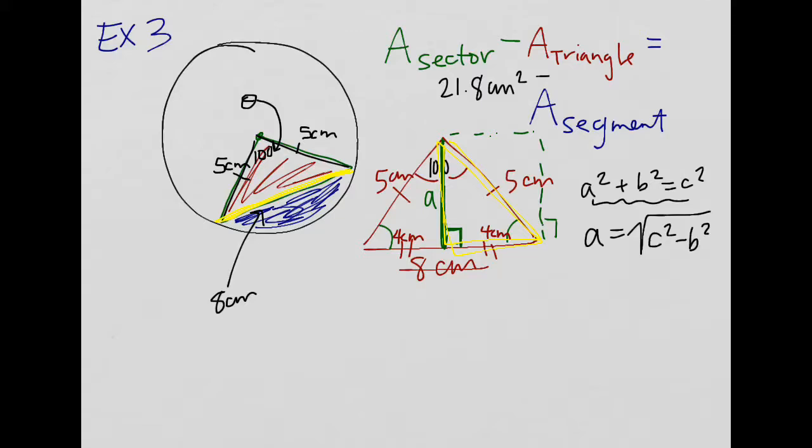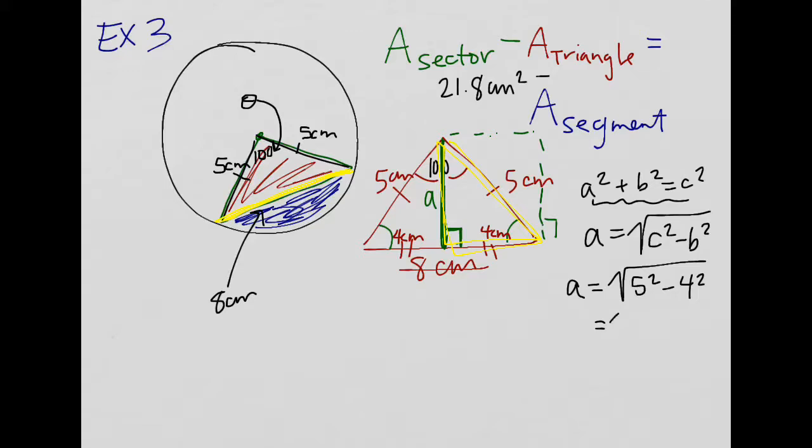So C is always the hypotenuse, which in this case is 5. Remember, the hypotenuse is across from the right angle. So come over here and it's 5. All right, so A is going to equal 5 squared minus, and the other distance I have is 4 squared,